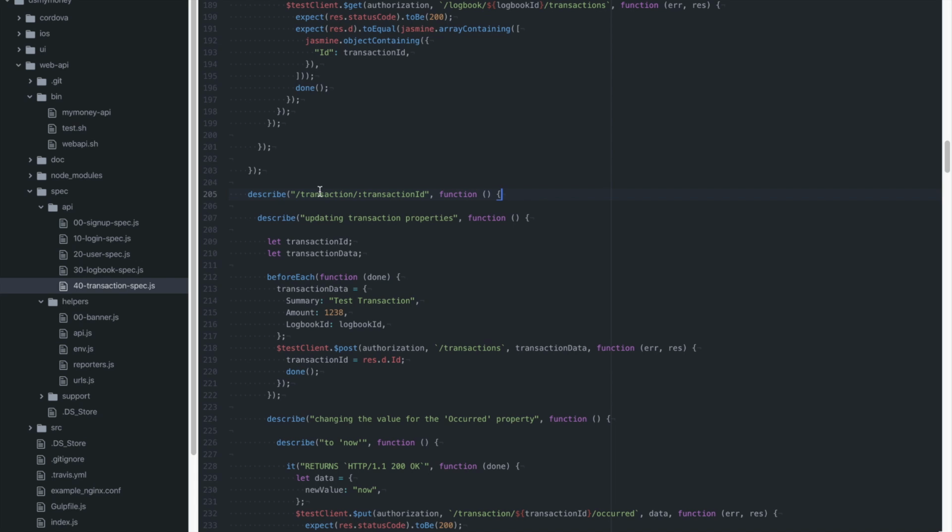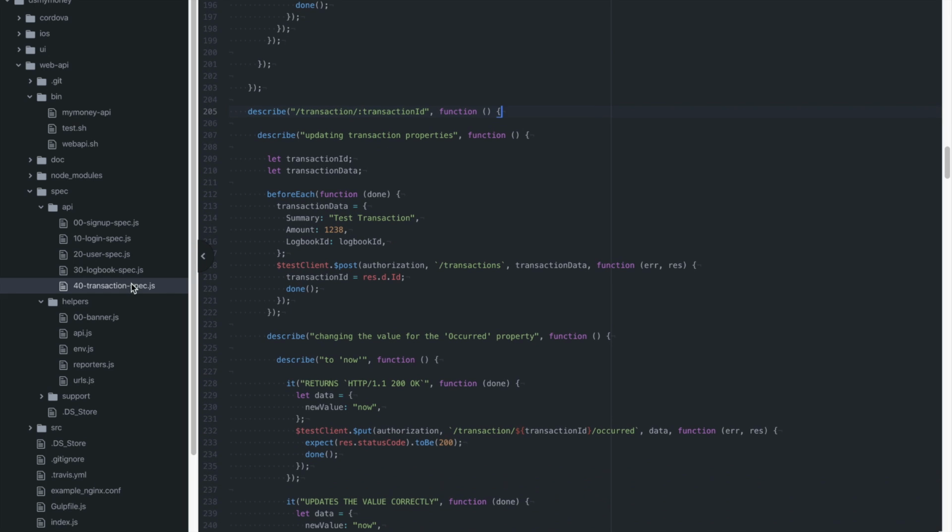And then you've got to wait for MySQL to filter through all this data, and then you've got to wait for Node to put it all together and calculate it all, and then there could be all sorts of hidden bits in there. So essentially, you can see this transactions test